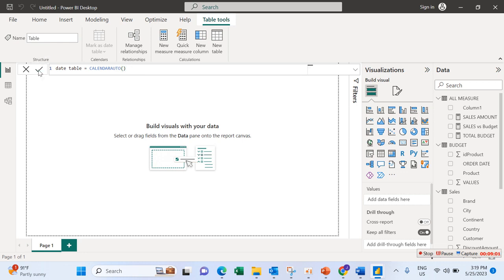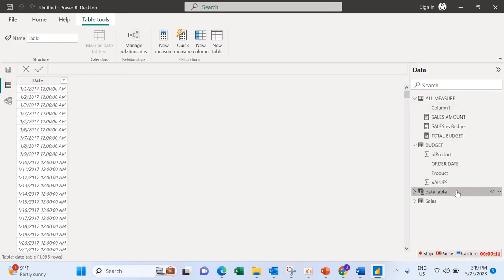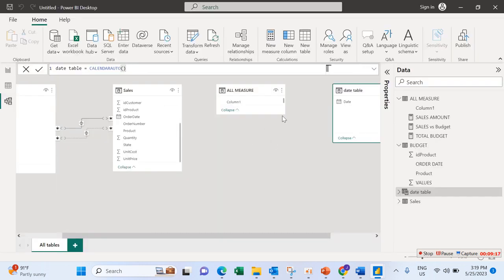So you click OK, and if you go to data view to check the calendar table, you will see that it has created it. So this is our calendar date, which is the date table. You can see now it has created the date table for us, and you can link this calendar table together